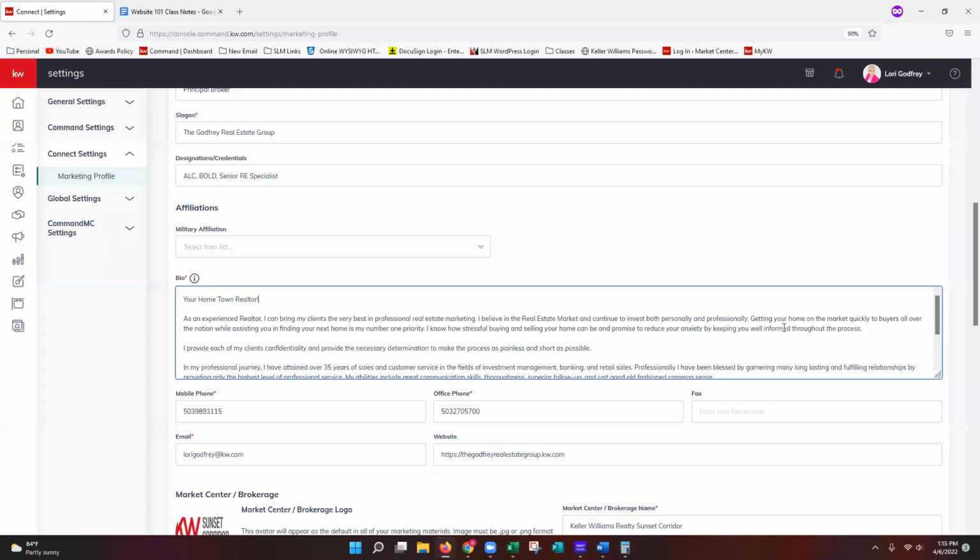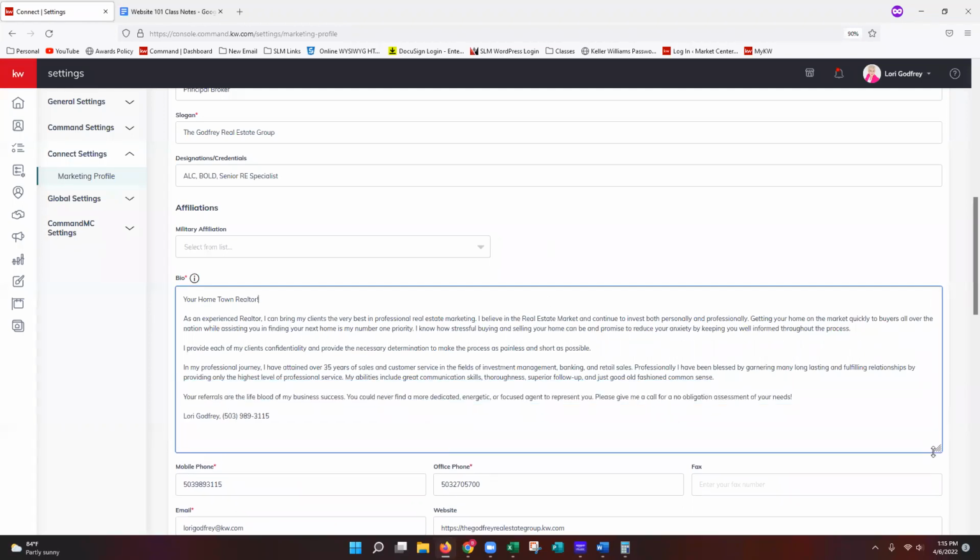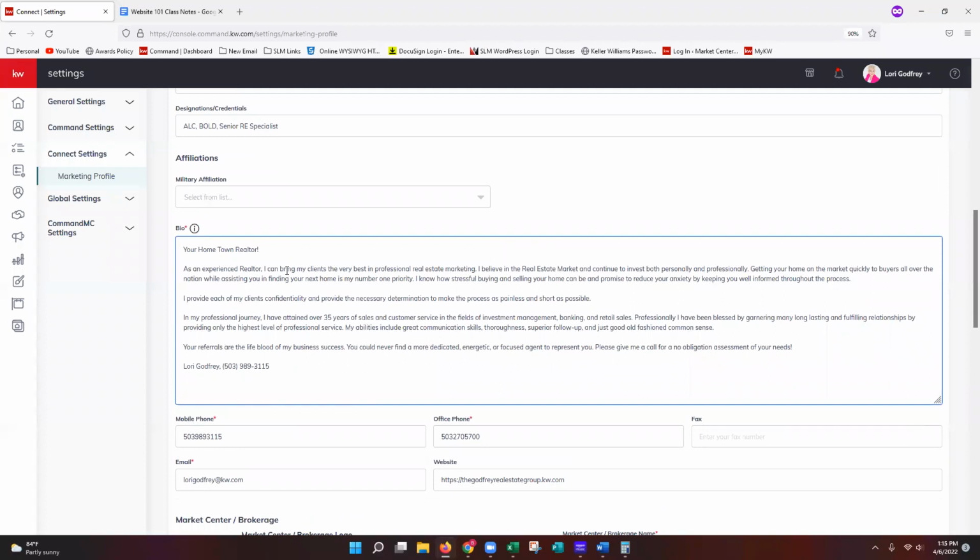The next section is our bio. You'll notice here that Lori has her bio added with all of the line breaks that she wants to populate within the bio itself. All this means is she essentially hit enter twice in order to get that line break in between the paragraphs. My personal recommendation, however you want your bio to show up on your marketing, make sure